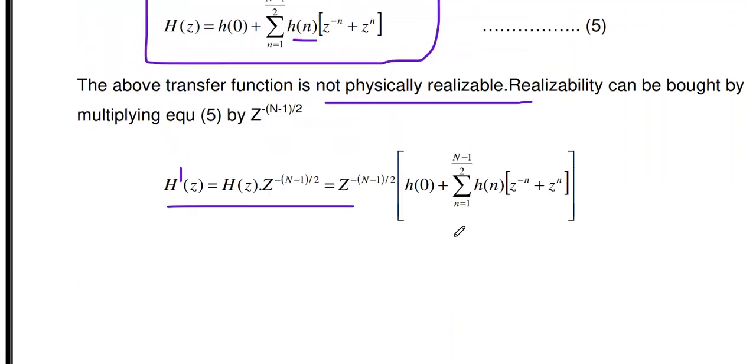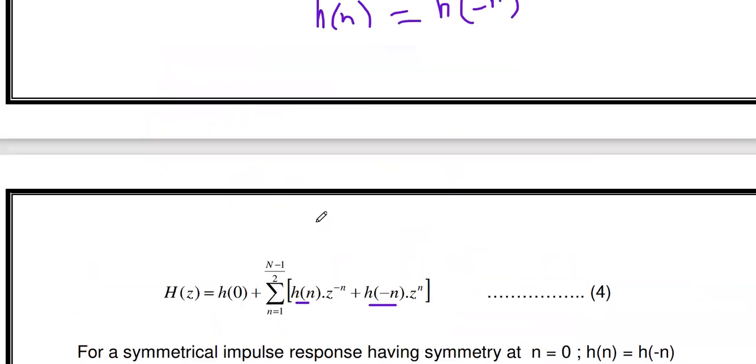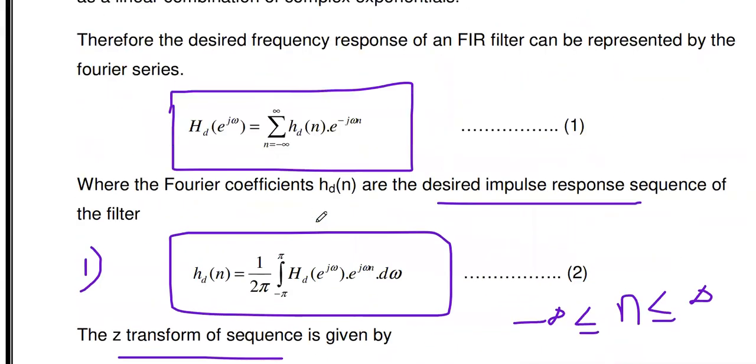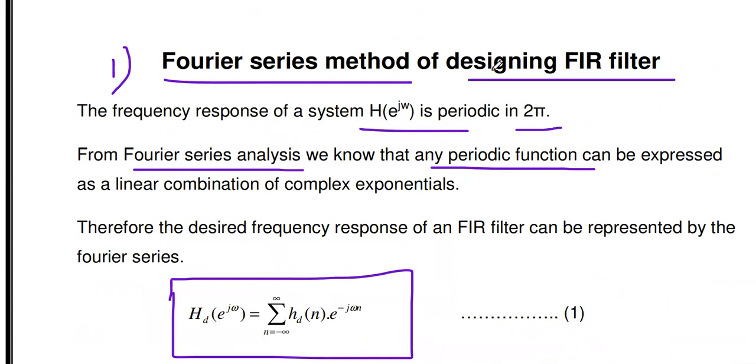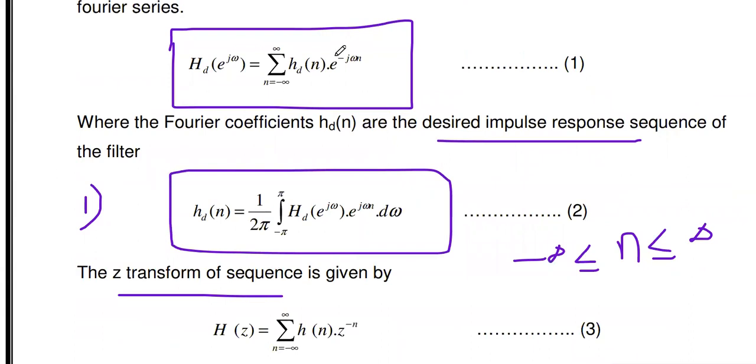These are all the steps to be followed in order to design the FIR filter in the Fourier series method. This procedure is also one of the important theory questions. If asked to discuss the steps to design the FIR filter using the Fourier series method, you just write down these steps. It is also one of the 8-mark or big questions. What is the first step? From the given frequency response, we have to find the desired impulse response.